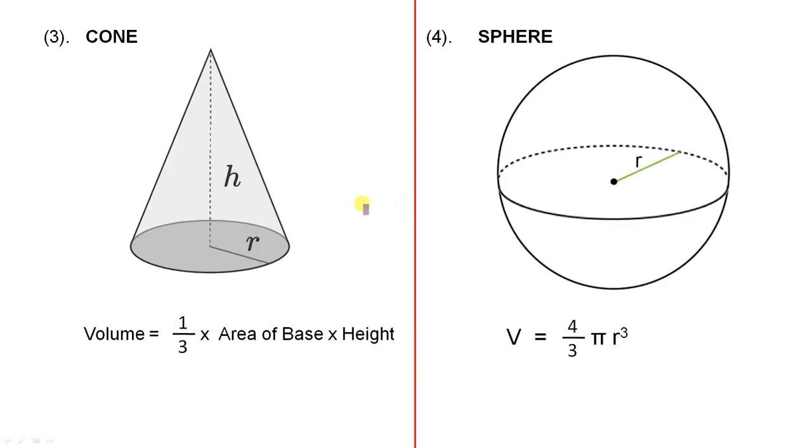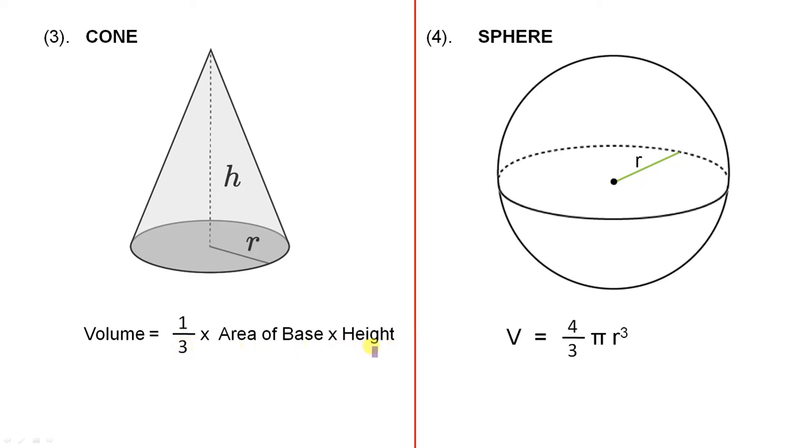For the cone, here's a very straightforward cone. Now we know the base is a circle, and we need the radius, of course, don't we? We always need the radius to find the area of a circle, and again, there's our perpendicular height. And believe it or not, it's the same formula, except the area of the base, that'll be the formula for the area of the circle, which is pi r squared. I didn't write that in there because we already know it. So because it's a circle, the area of the base is pi r squared. We multiply that by h and we find a third of